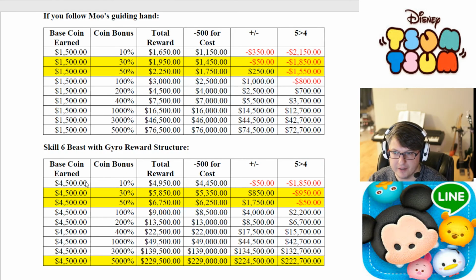Okay, 4,500 coins. Now, I also have, I actually don't know how much gold I have because it's capped at 99999, right? But because of that, it's more than worth it for me when you look at these rewards, right? So if you're faster than me, your base coin earned is even higher than this, okay? So just look at these numbers. You are almost never at a loss using coin when you're using Beast, and